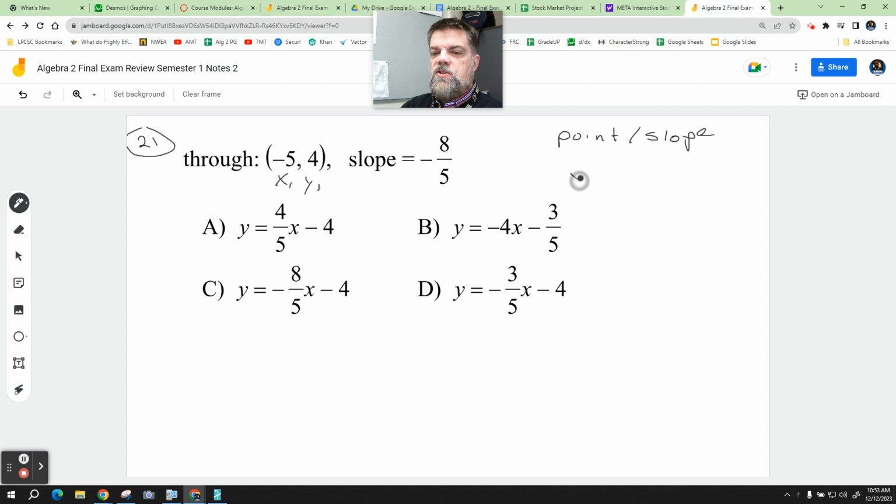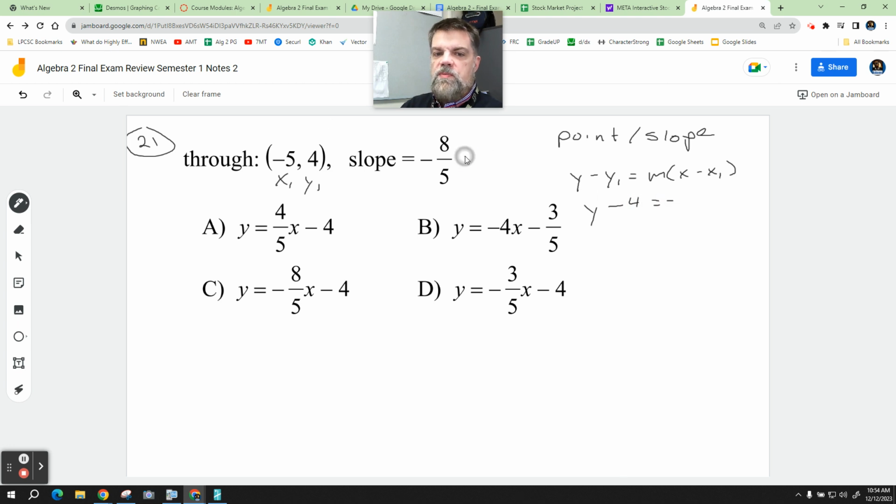I do. It's y minus y sub 1 equals m times the quantity x minus x sub 1. If I wrote it down right, I think I said it wrong. M times the quantity x minus x sub 1. Yeah, that's right. So then I say y minus y sub 1, which is 4, is equal to the slope,